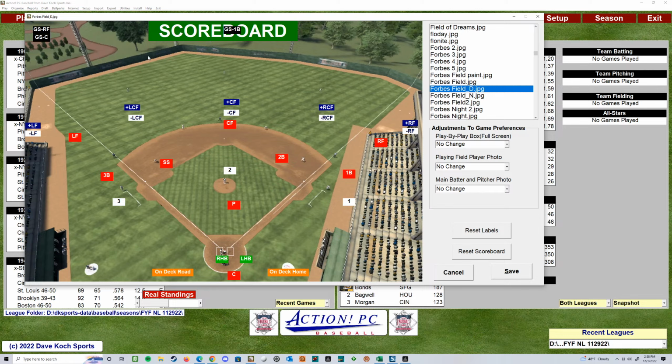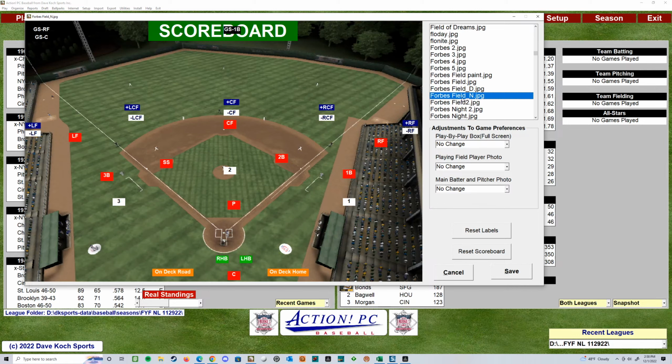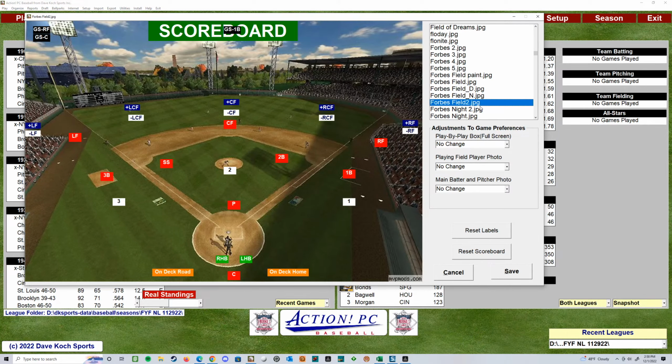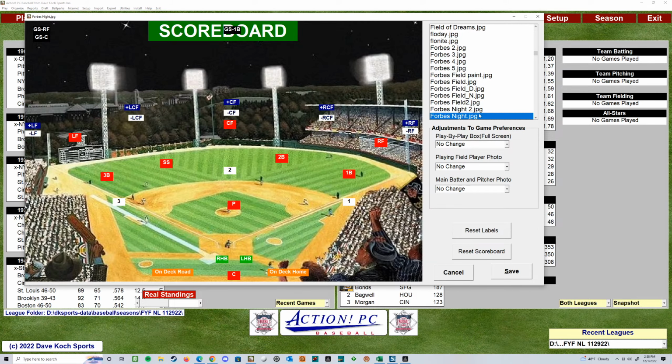I don't know what game this came from, but it's just a matter of, hey, am I going to get the center field markers set up how I like. But I'll find at least three that I like, set them up so that I have those options when I play the teams for my file. So again, tedious, but well worth it.